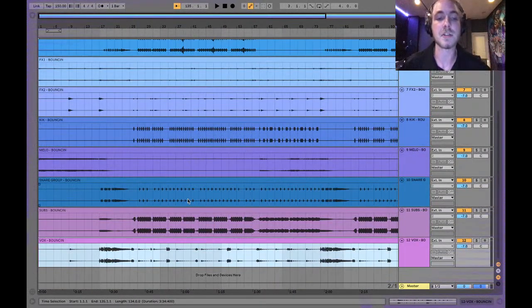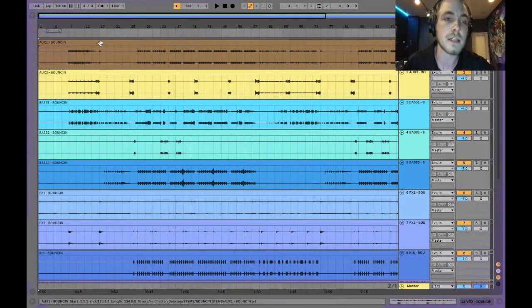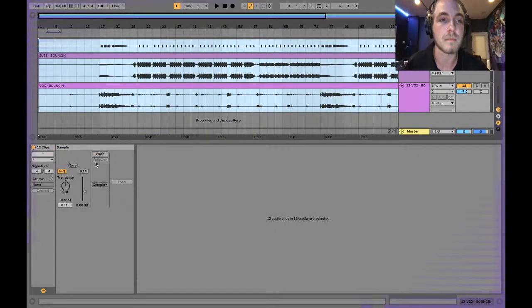But this is a super good way to make sure all your stems are the exact same length, because of the duration parameter that you put in the creative project, right? So click and drag all these, and then I know this song is at 150, so I'll type in the tempo, but then I'll come in here and select all of these by holding shift, and I'll unwarp them, right? So basically what this does is it prevents, how when you,